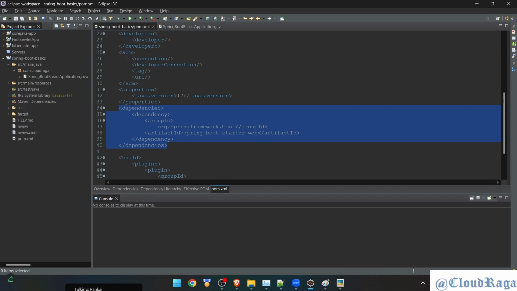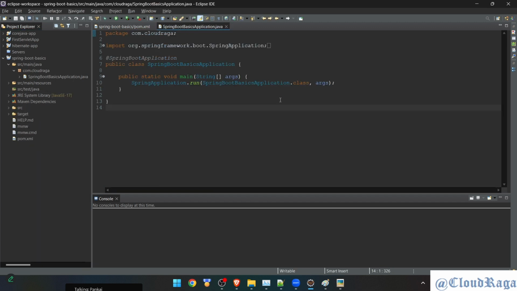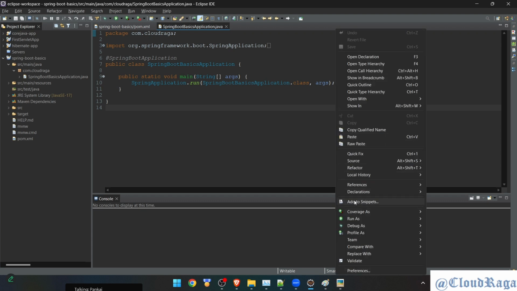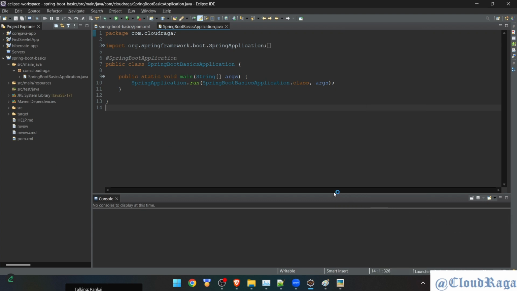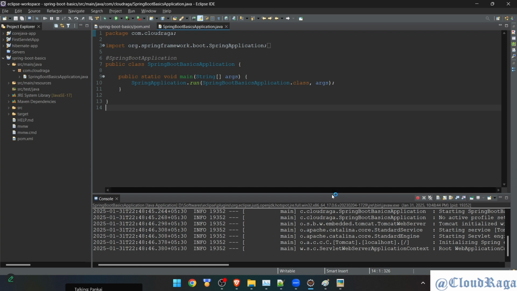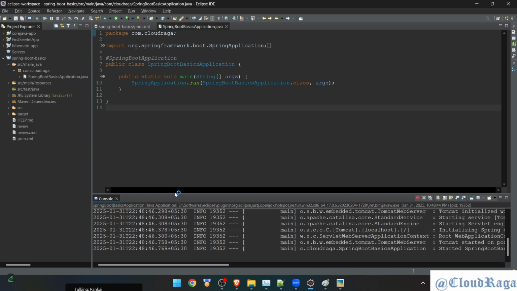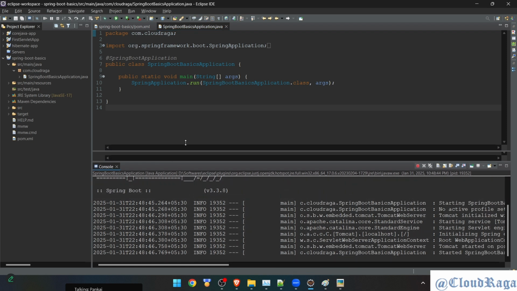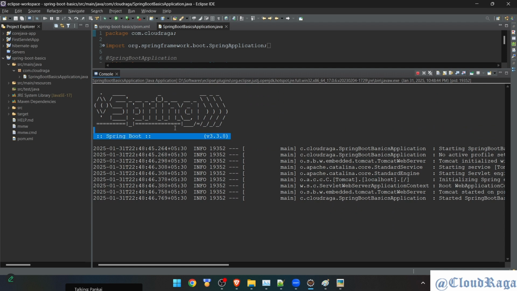Next, how to run it. So we have a main method, and we know from the first class how to run a main method. Right click, run as application. So we are executing a main method, and let's see how it looks when you execute a Maven project or Spring Boot application. It gives you a beautiful logo of Spring Boot, the version 3.3.8,